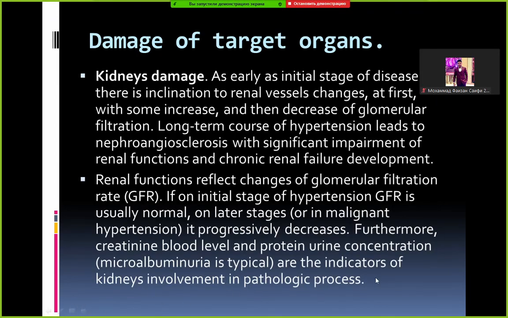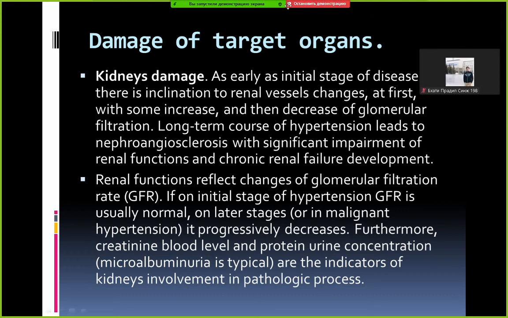Kidneys damage. As early as initial stage of disease, there is inclination to renal vessels changes, at first with some increase and then decrease of glomerular filtration rate. Long-term course of hypertension leads to nephroangiosclerosis with significant